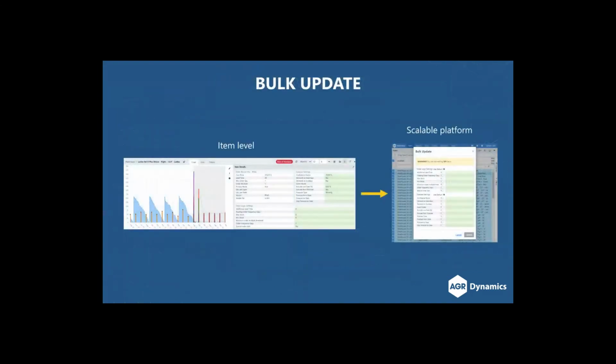All right, next up we have bulk update. So what we've done here is that we have taken all the green editable fields from the item card and we have made them scalable. So the user is now moving from being able to edit item by item to being able to do a mass upload. Now, the feature is available both in items and reports, and it allows you to do any kind